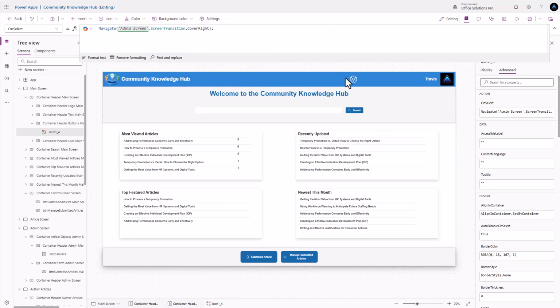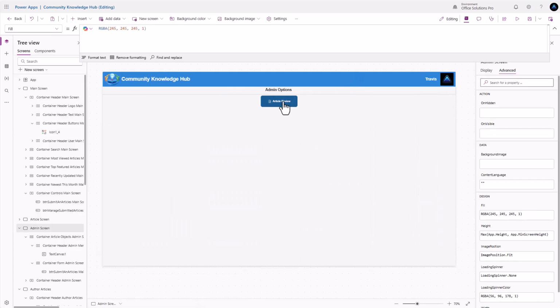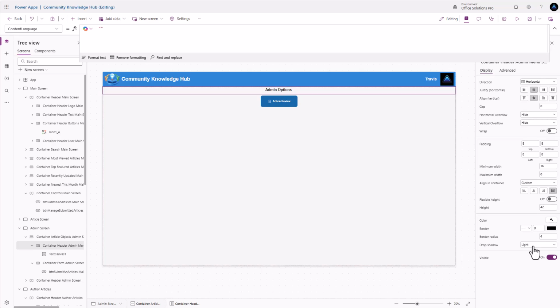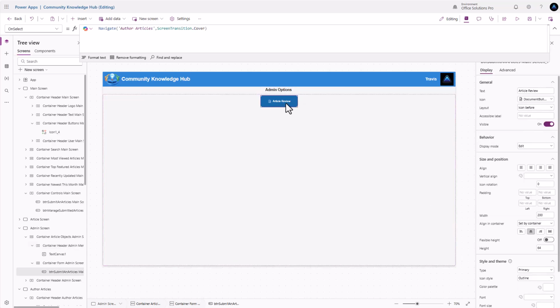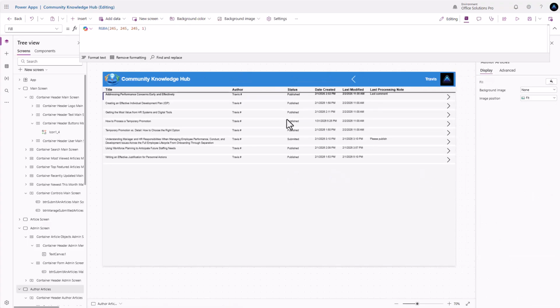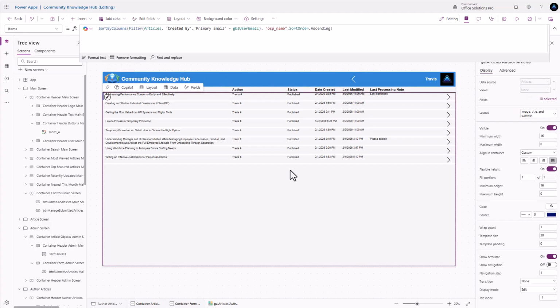All right, let's go ahead and test that out. So now we have a way to get into our admin screen here. Let's go ahead and get rid of that border there. And we've got a way to get to our article review page. Now for here, we have a way to decide is the user admin and what should they see if they're